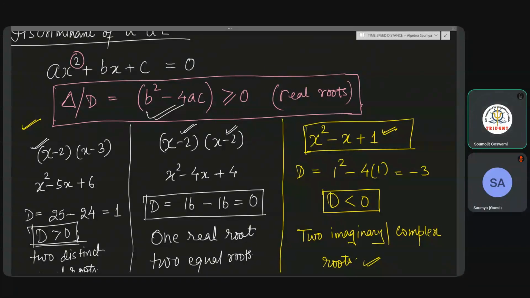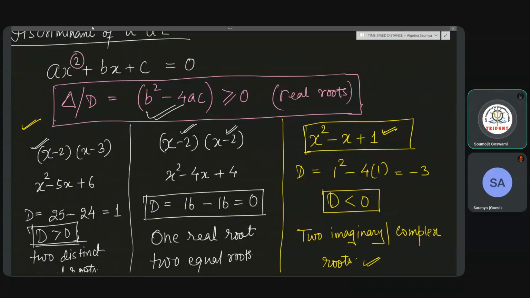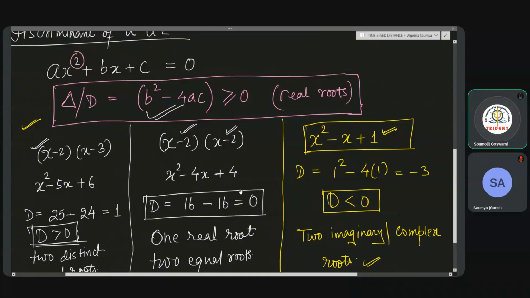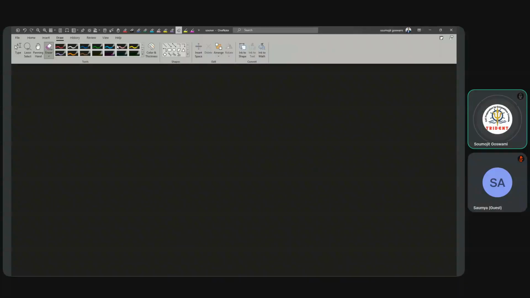Okay, now the last idea in this session is going to be the graphing. Oh no, before graphing, actually after graphing I'll explain the maximum and minimum, that will come in the graph. So now we are looking at the graphing of